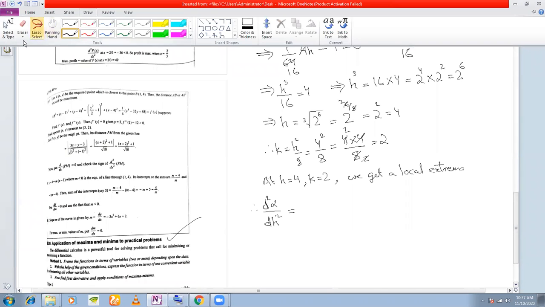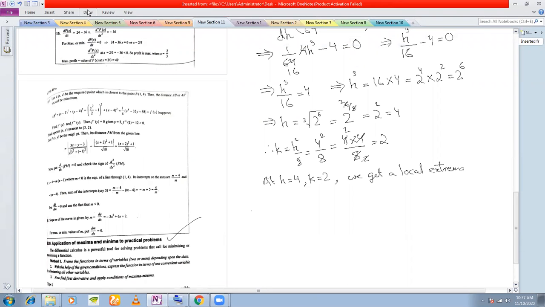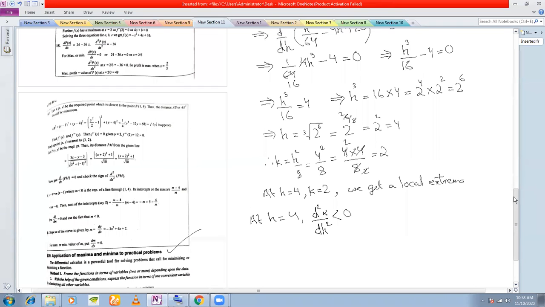Okay, you can say obviously it'll come to be a minimum. Okay, you can say at h is equal to 4, d2 alpha dh2 is negative. Because see, in the problem only they have given minimum, right? In the problem only they have given minimum. That means you will not get a maximum. Maximum distance means what? If I take a point on the curve and if I say maximum distance, what does it mean? Maximum distance can be anything, isn't it? Maximum distance of the curve from the point can be